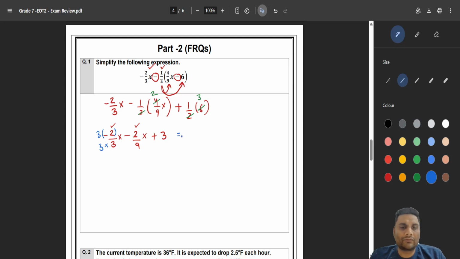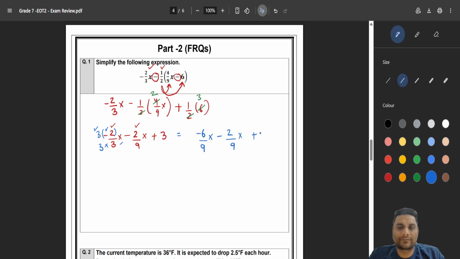So now what will it become? 3 times 2, 6. Now check, they have different sign, plus here, minus here. Different sign, that is, minus. So minus 6 over 9x. Do not forget the x. A lot of boys forget to write the x when they are solving this. Minus here 2 over 9x